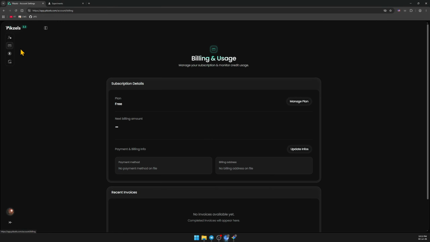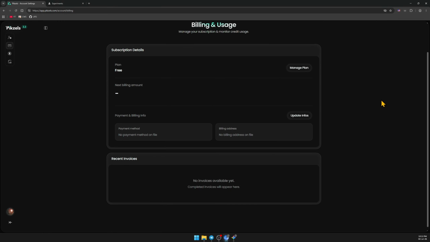And also guys, if you go to the second tab, you will have this dedicated billing and credit usage manager right in the menu that lets you track your active generation cycles. This is very useful. When you feel ready to move past the entry-level limitations, switching over to the annual subscription tier unlocks the premium package at $29 a month, or the heavy-duty ultimate framework at $56 a month. These tiers give you thousands of monthly automated cloud rendering credits, support for multi-language text assets, and unlock the platform's personas architecture, which maps your exact face, so your character look stays completely realistic and identical across every single thumbnail